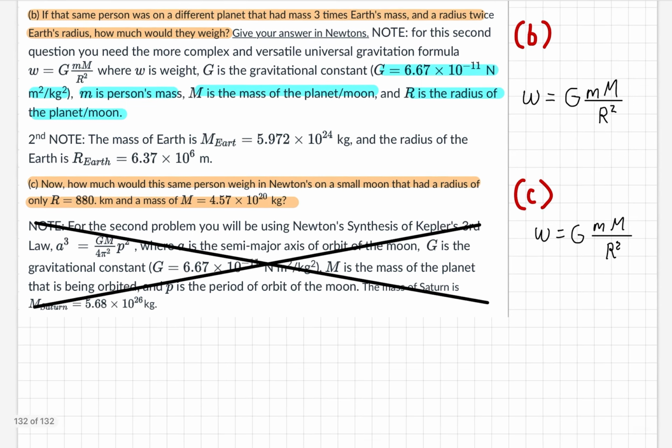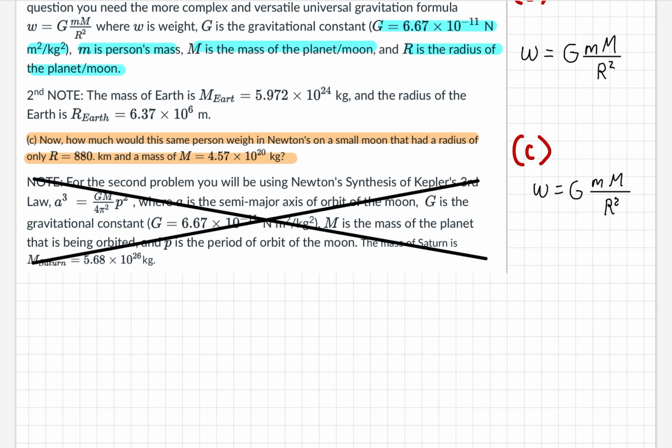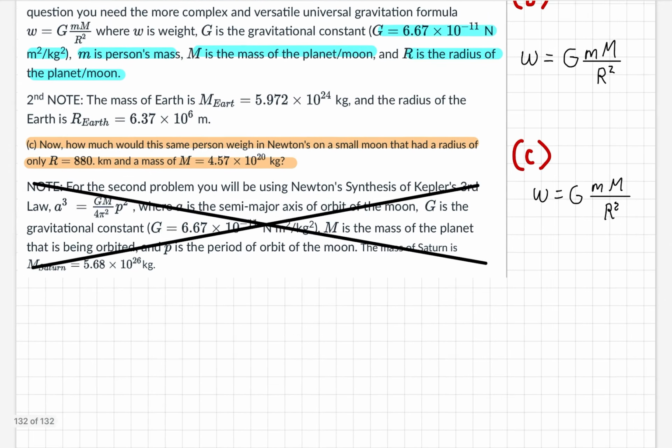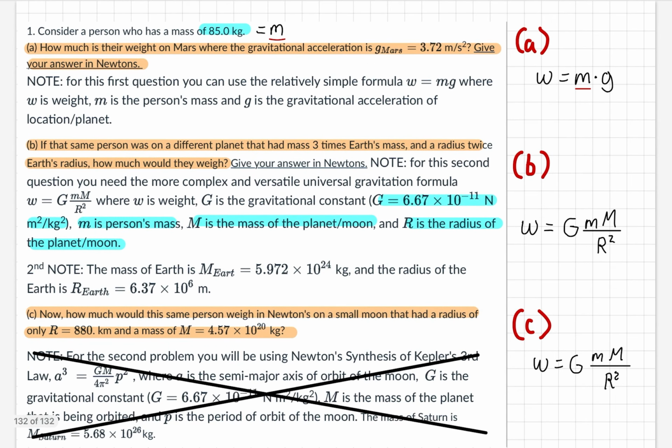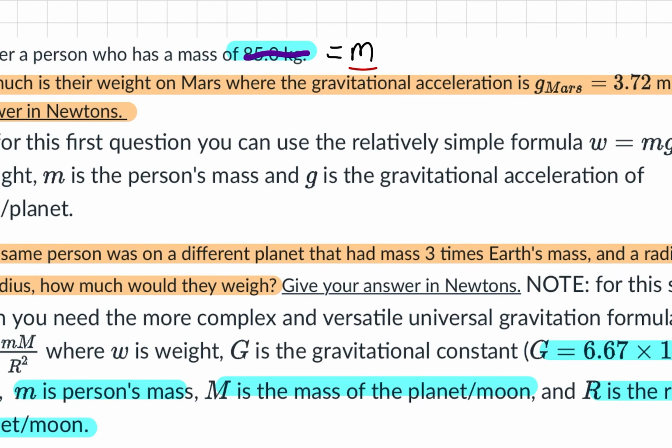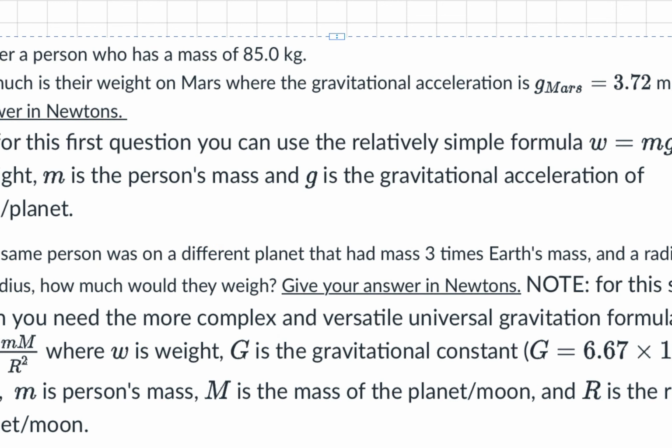But I suppose it could be any number of interesting moons out there in the Jovian systems around the big gas giants. Okay, so let's go ahead and do an example calculation, but not with the values that you were given, but instead with some different values. I'm just going to cross out the original values and write in the new values that I want to use. Okay, so let's take a look. Instead of 85 kilograms, we're going to use